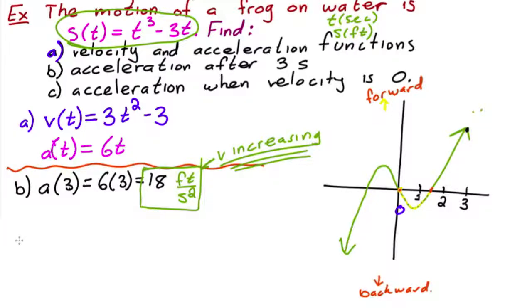Now, part C says, what's the acceleration when the velocity is 0? Well, before we can do that, we have to find when the velocity is equal to 0. Well, the velocity, which is 3t squared minus 3, equals 0. That's our question. So if you solve for this, bring over the 3 and then get the square root of both sides, you would get t is equal to plus or minus